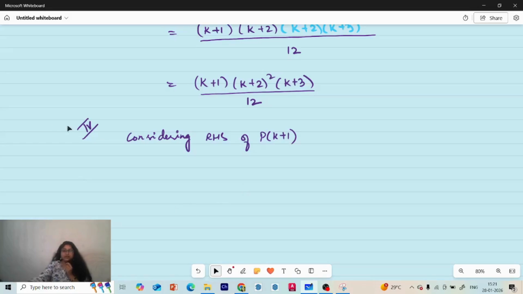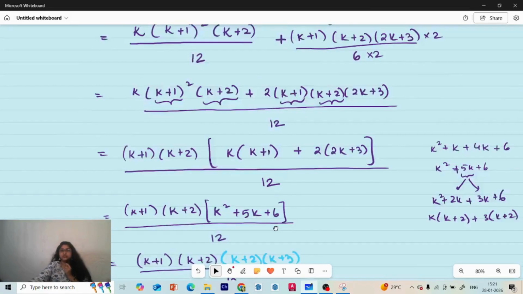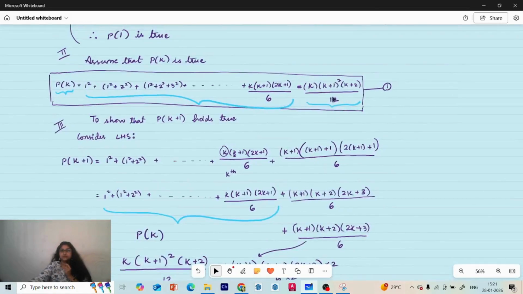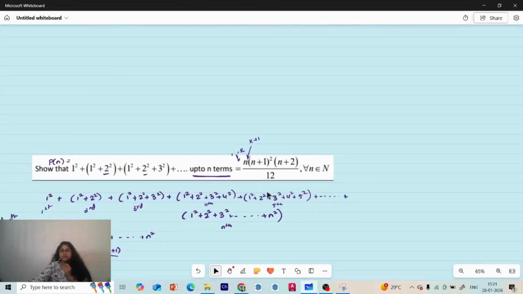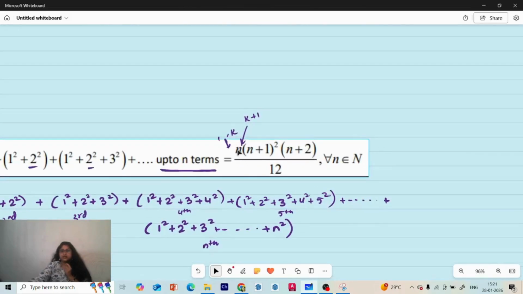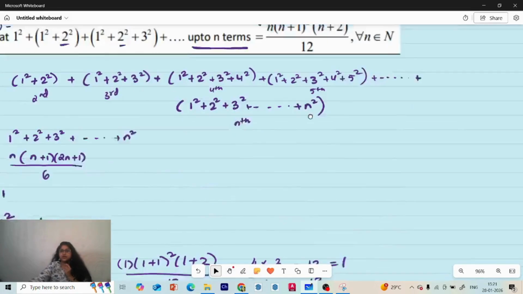Okay, what was given in the RHS of the question? Let's go back. Here, in the RHS, we have to substitute k plus 1. So that will become